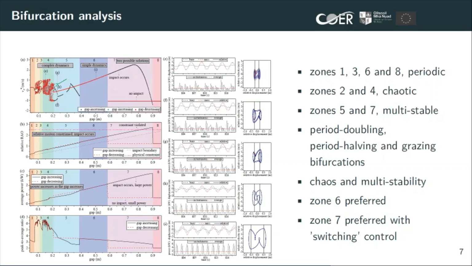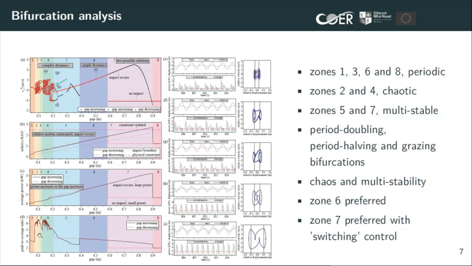For instance, at this critical point, what we observe is a gradient bifurcation, and period halving can also be observed here and here. The system performance is evaluated in terms of relative I/O, average power, peak to average power